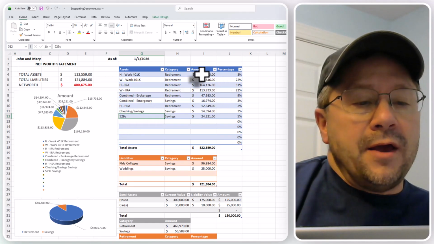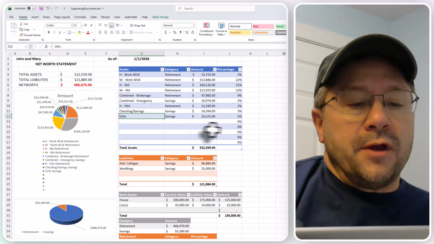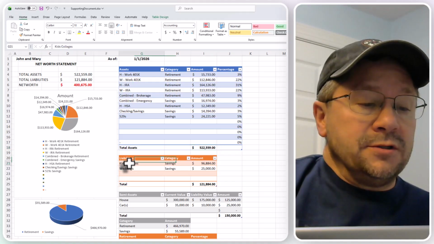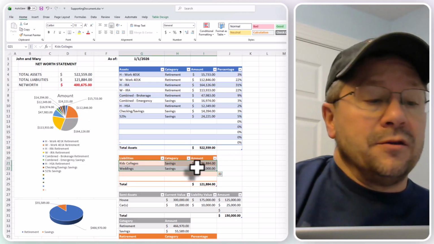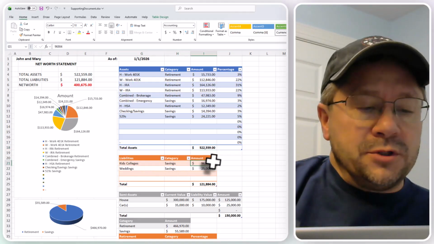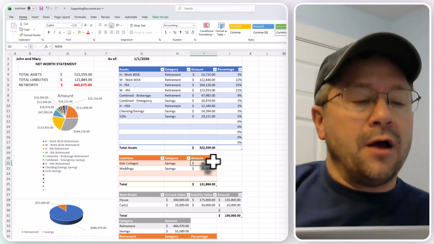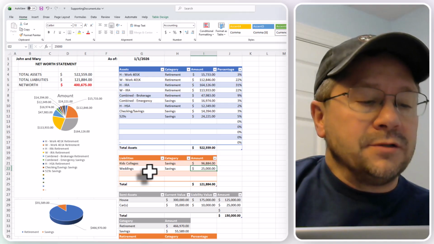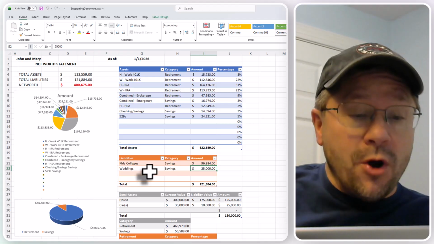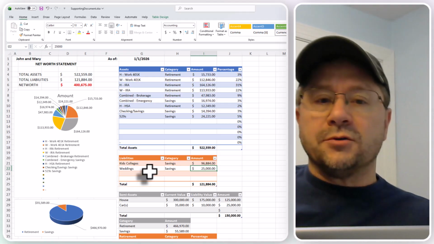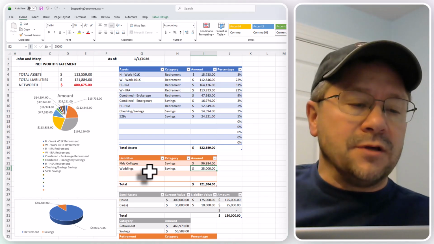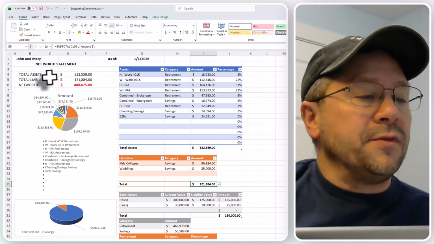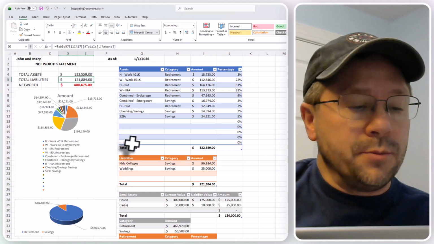So again, this is all the assets that I would list out here and give you a total amount. Then I have the liabilities, things that I would expect to have to pay in the future. So I put here potentially close to $100,000 in college expenses, as well as future weddings. I know that number's probably a little small these days, but it all depends on the style and size of the wedding that you're looking to have. And here again, it shows $121,000 for the liabilities, which brings it up here.